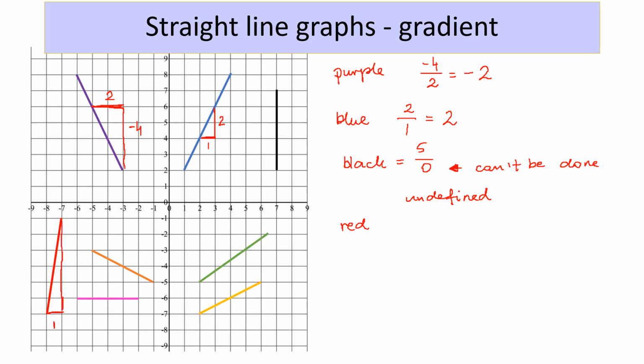So that's 1, 2, 3, 4, 5, 6. Okay, so the change in y is 6, the change in x is 1, that means the gradient is 6. Okay, for the orange,